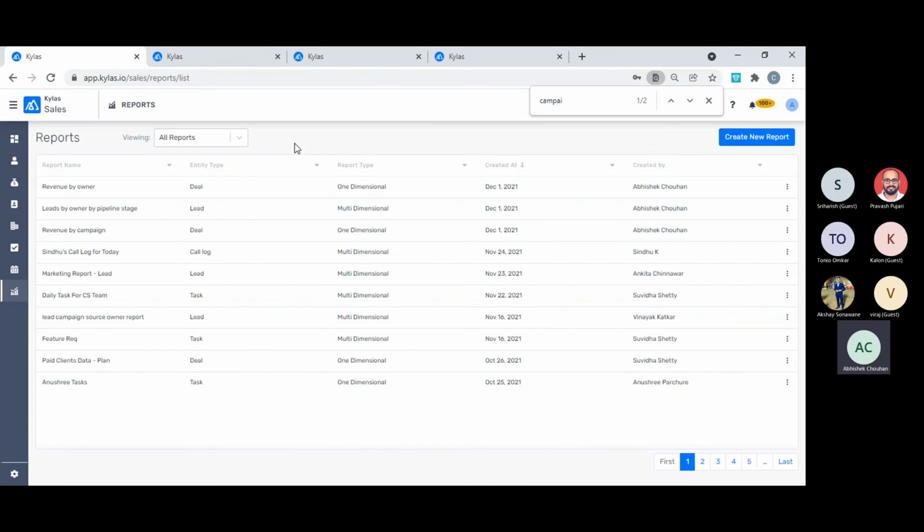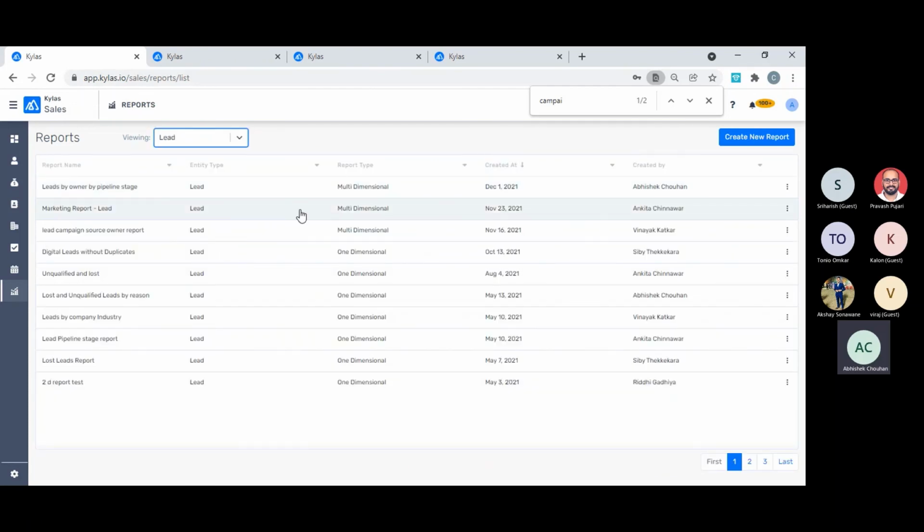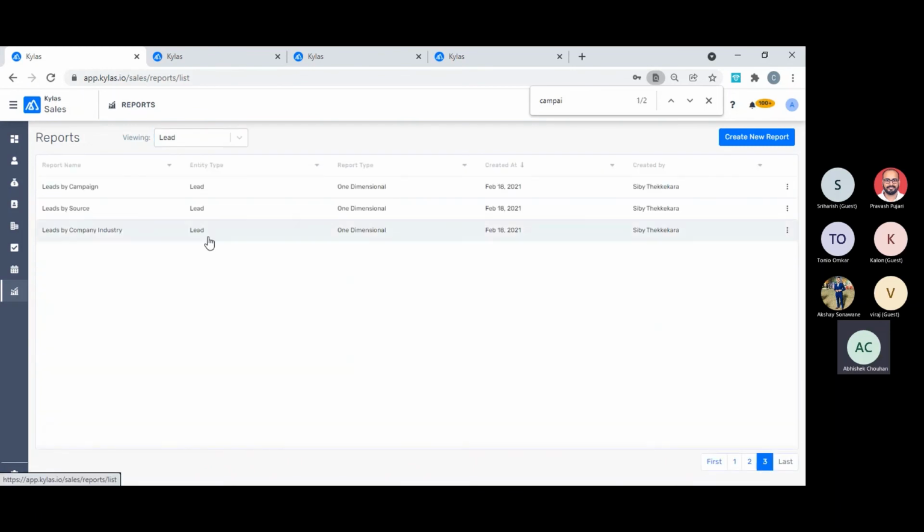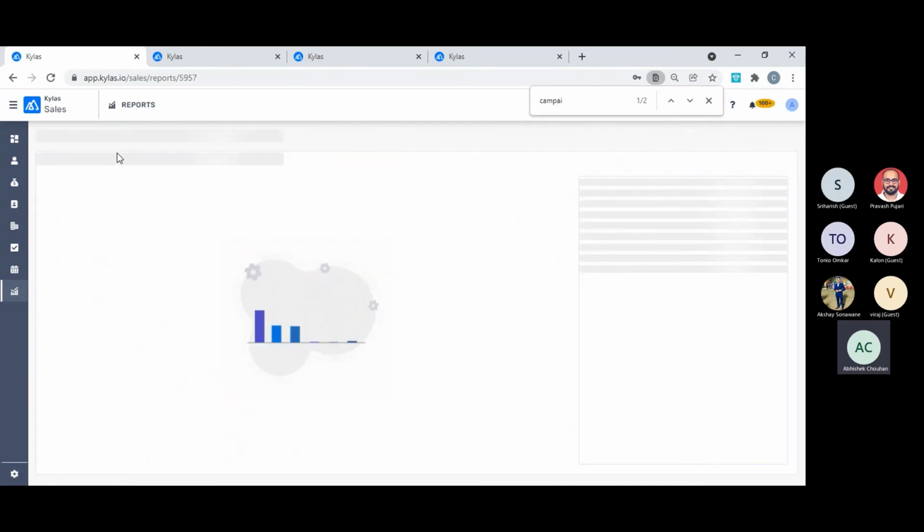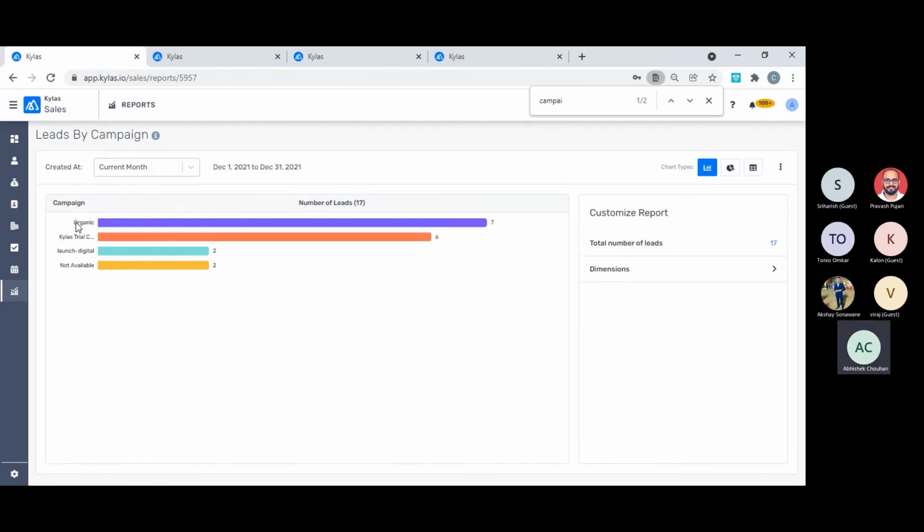Cost per lead will be simply the amount spent on a campaign divided by the number of leads generated by that campaign. Leads created by campaign, that we can also give you. But the amount is the only thing you have to handle separately. So one report is leads by campaign, which gives you the total number of leads created by each campaign. You just divide the total value you spent on this particular campaign, say the Kailash trial campaign, by this number, and it will give you cost per lead.